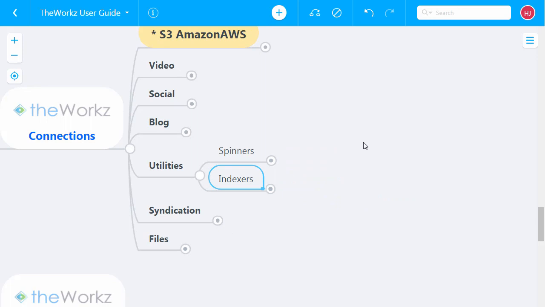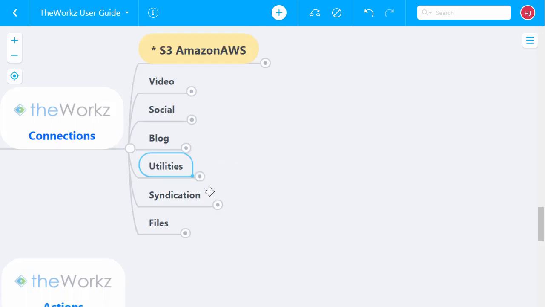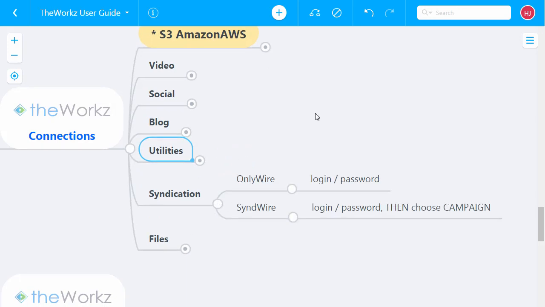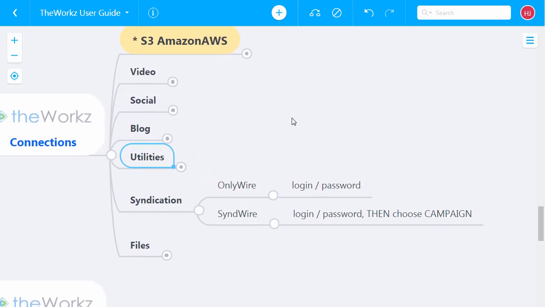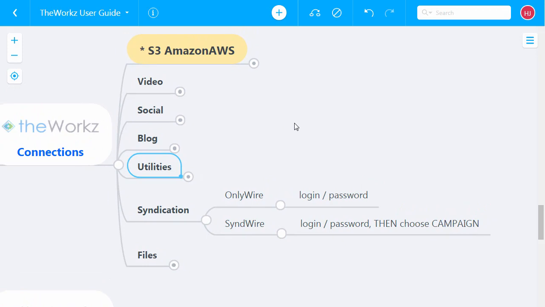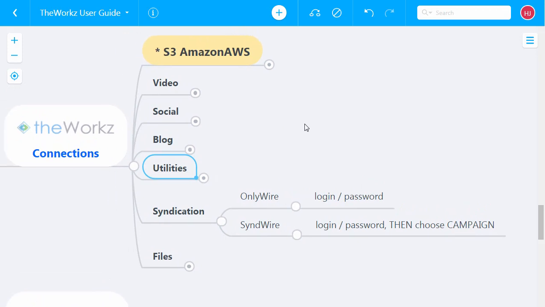Syndication is kind of similar. We can give you links to Fiverr gigs where they will set up a complete OnlyWire or SendWire network for you for $5, and that's something like 20 accounts programmed in. You can do that as many times as you want and set up huge networks on OnlyWire and SendWire.